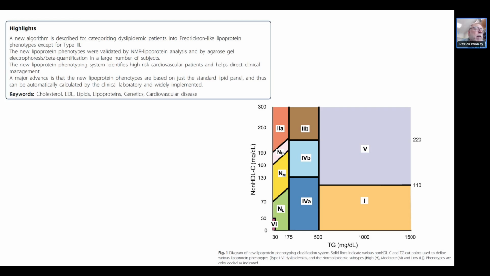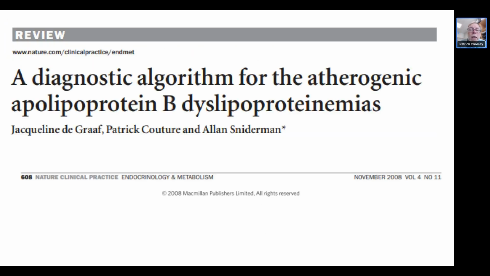At the bottom right, depending on what the concentrations for triglycerides and non-HDL cholesterol are, it doesn't pick up type 3, as they state. But even before that was the diagnostic algorithm for atherogenic apolipoprotein B dyslipoproteinemias, which is